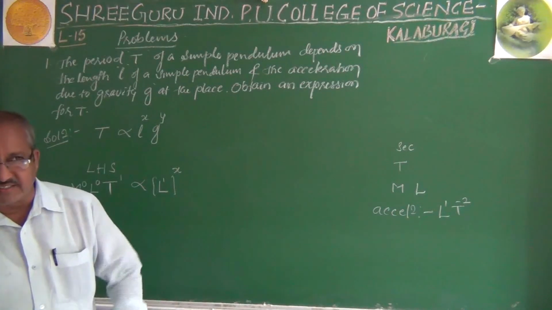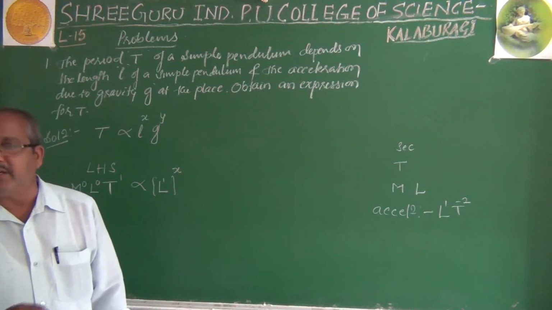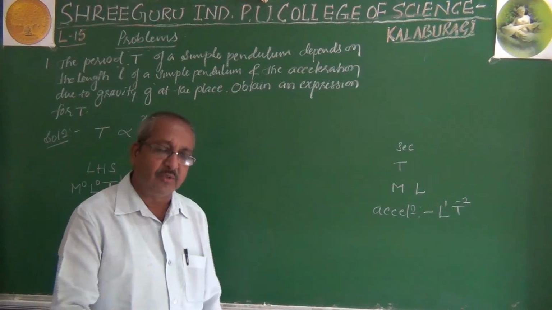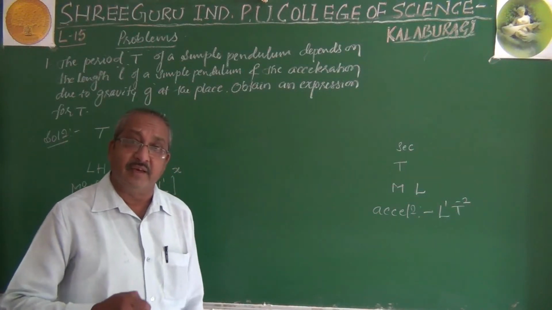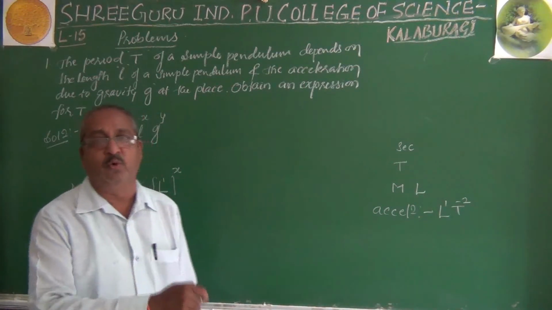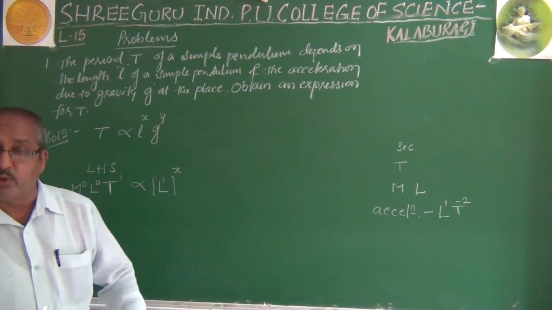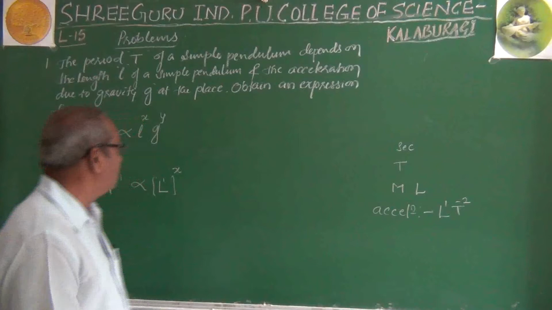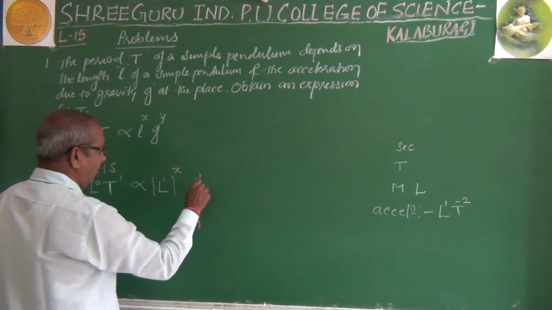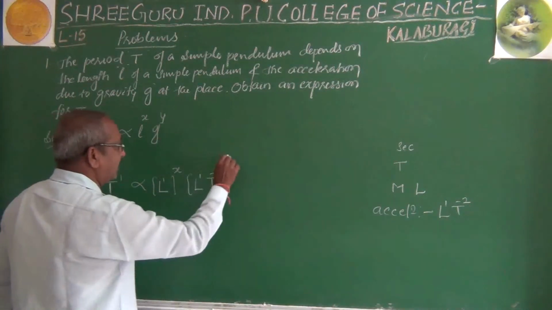In general, acceleration is the acceleration acquired by the body by the application of a force, which we generally call acceleration. Whereas acceleration due to gravity is the acceleration acquired by the body by the gravitational force. So we call it acceleration due to gravity. But both are acceleration itself. So the dimensional formula for acceleration due to gravity is L raised to 1, T raised to minus 2, whole to the power we have taken, that is y.